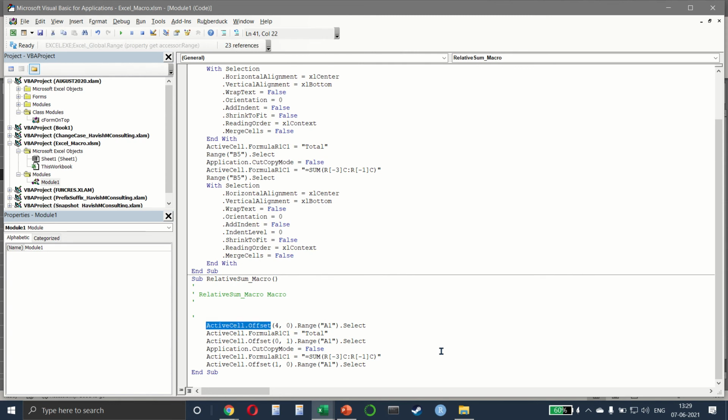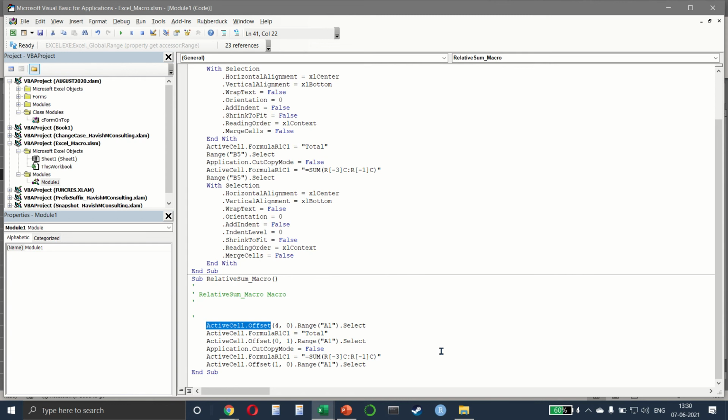I agree that some of this might seem a little difficult. I have a complete course on VBA, which is an introductory course for absolute beginners on VBA. So if you're interested, maybe you can look at that. But the idea here is that this was just to give you a very high level overview without getting into details. The big takeaway is that there are two types of macros, relative and absolute.